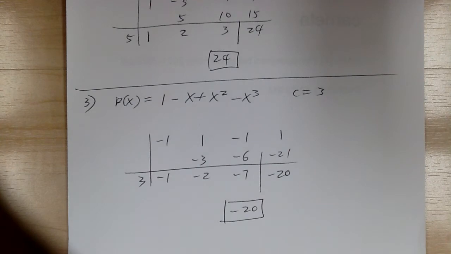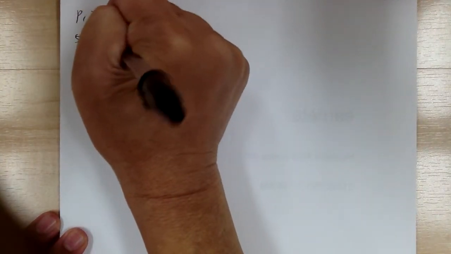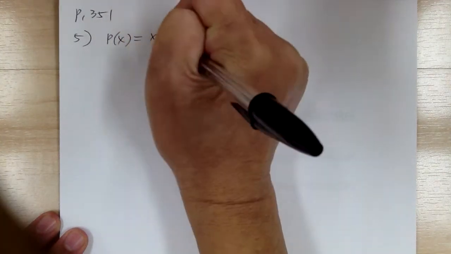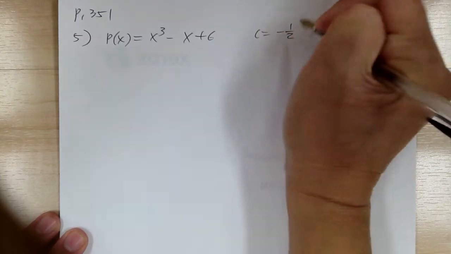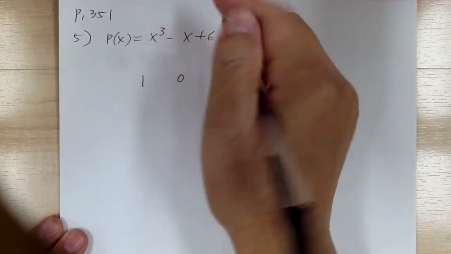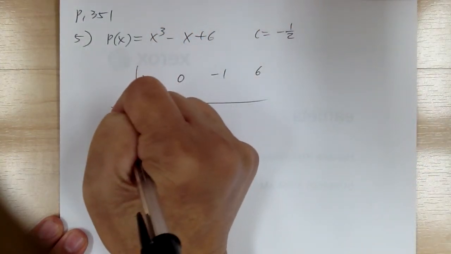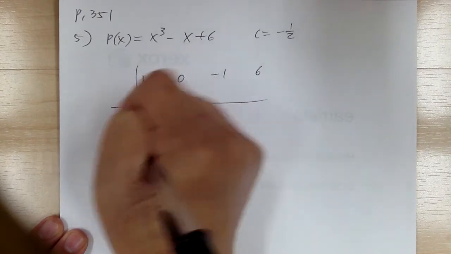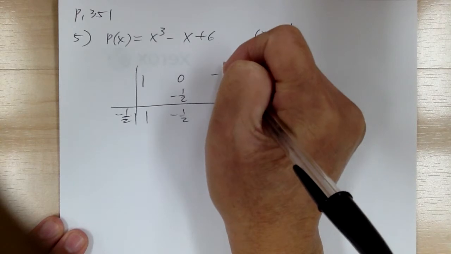Okay, let's go to number 5. p of x equals x cubed minus x plus 6, and c equals -1/2. Again, use your synthetic division, so it's 1, 0, since there's no x squared term, then -1, 6. With -1/2, you drop, multiply, add, multiply, add,